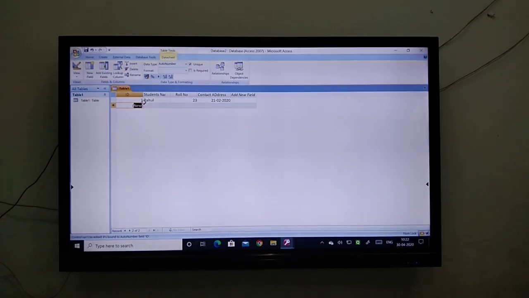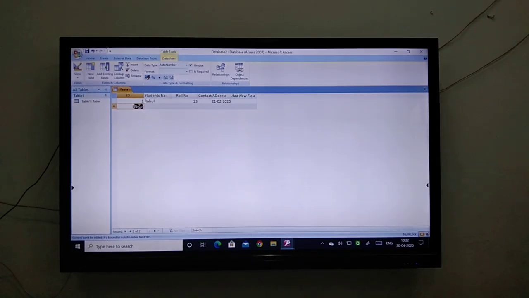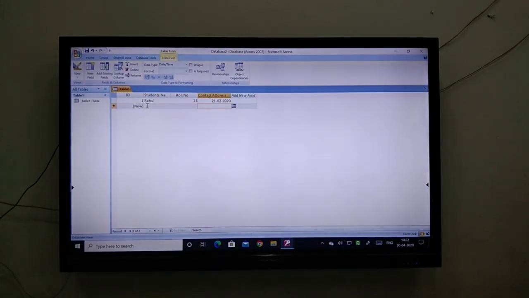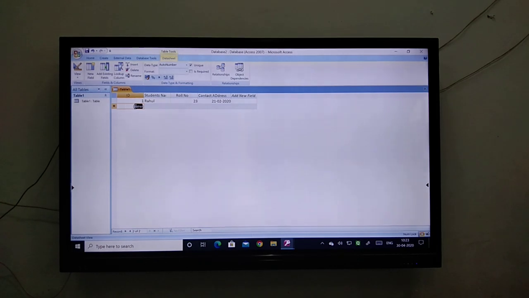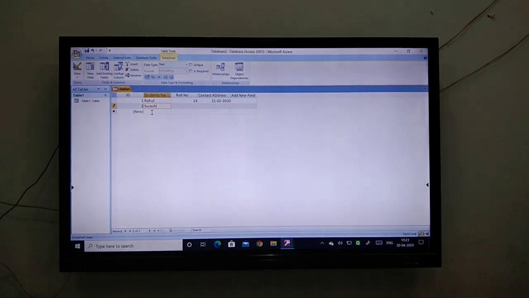And then we will write that particular email ID over here. Here we will write the next name, Suresh, and the roll number I will write 33, and the contact address will be just like anything, you can make any contact address.